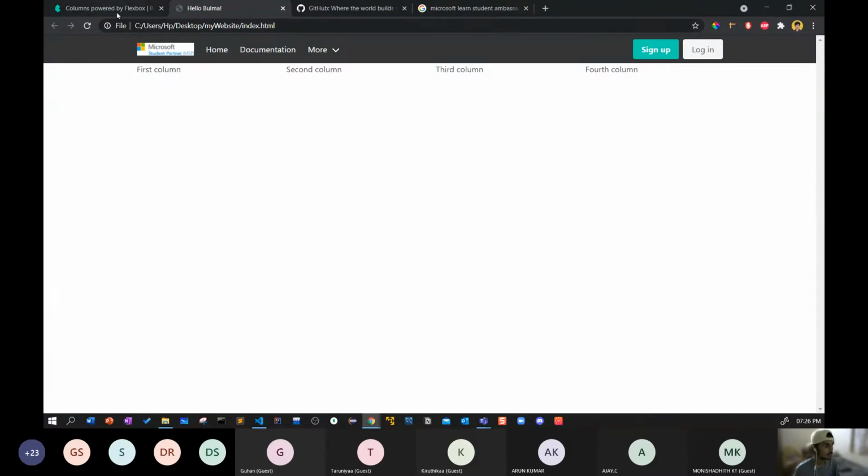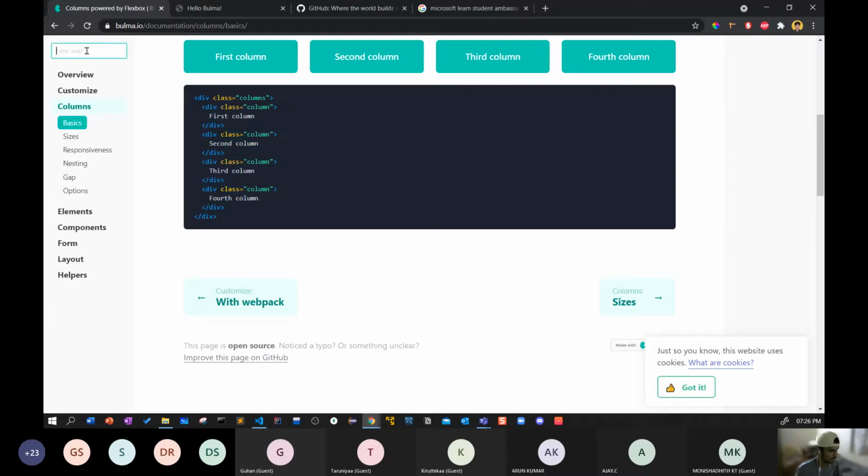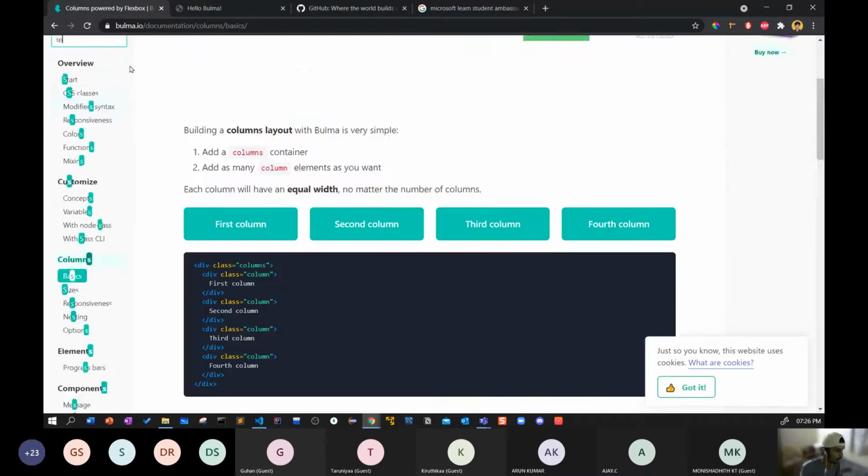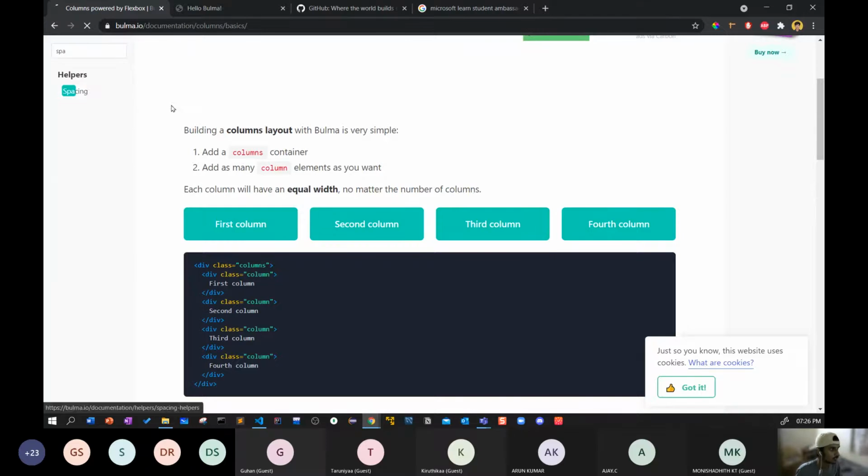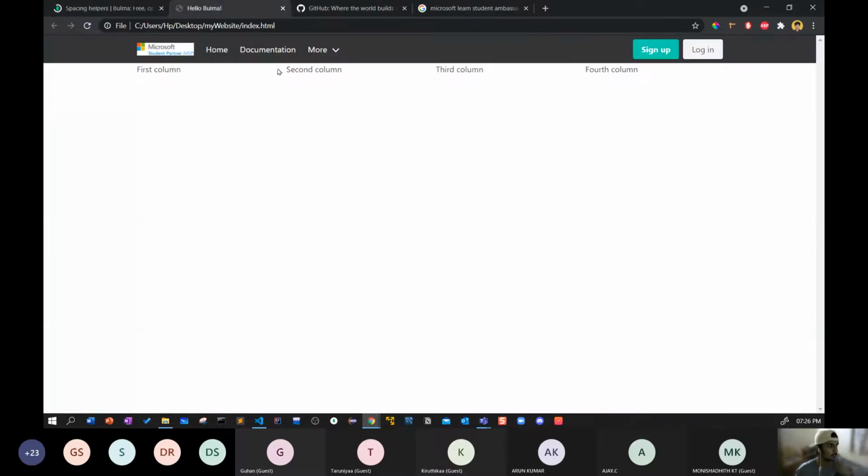Okay, next thing what we can do is we can do anything in the code. Next thing is spacing. So the spacing helps, like we have this grid. So we have the navigation bar on top. Between the two, we can assign some space. For the space, we have a class name called, I think, yeah,